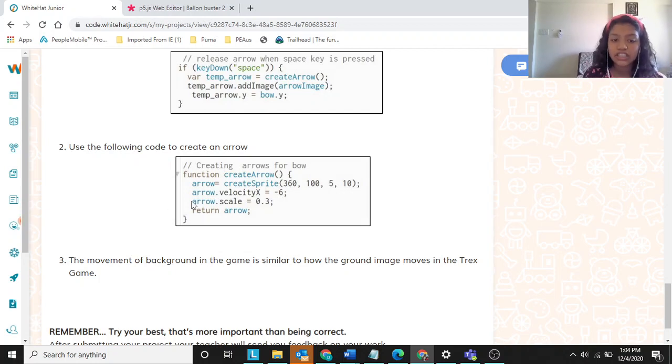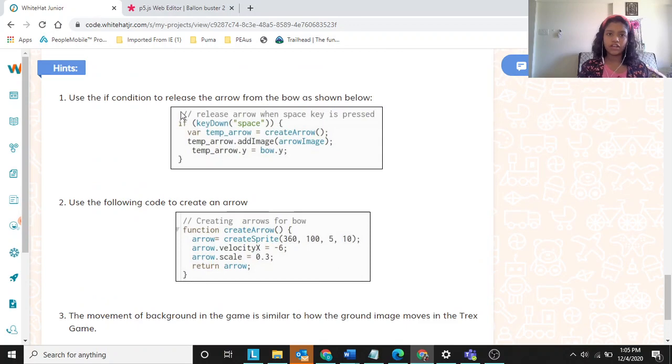They haven't written arrow.y equals bow.y here in the function arrow, but I have given it like this. They have also put the arrow image in the keyDown space function, but I thought it would be a better idea to keep it over here. It's up to you, it doesn't really make a difference. These hints are just for your help if you need help.